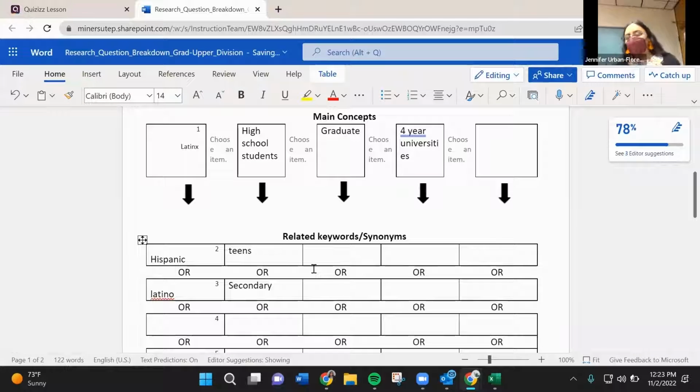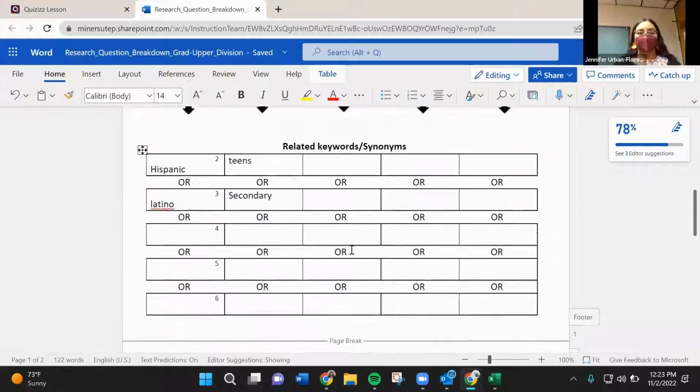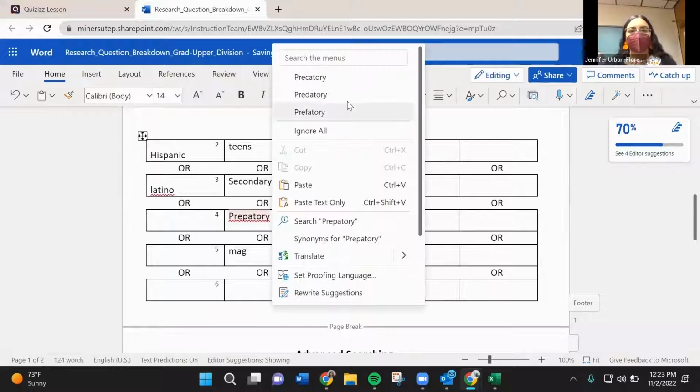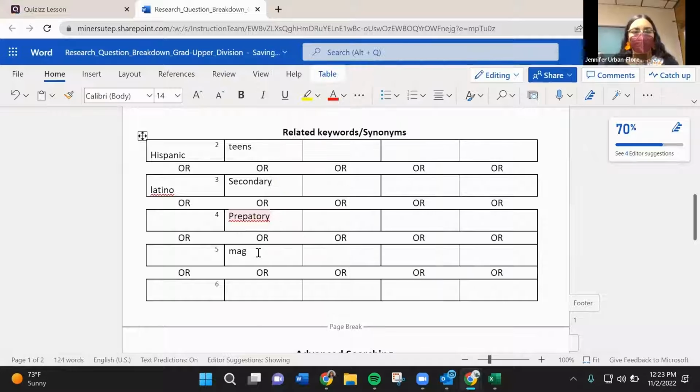And then I have a question in the chat. Maya, I don't know if you're able to see that question. Oh, yeah, they're saying preparatory schools, magnet schools. For sure. Other words. Preparatory, and then we have magnet, right? It's fine. If we misspell something, we misspell something. We're just going to leave it there. And then magnet, right? Okay.